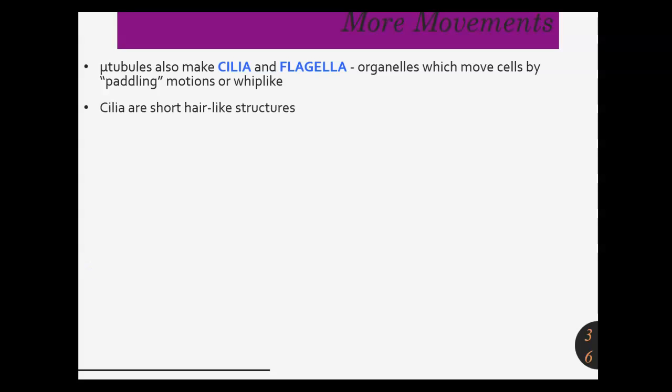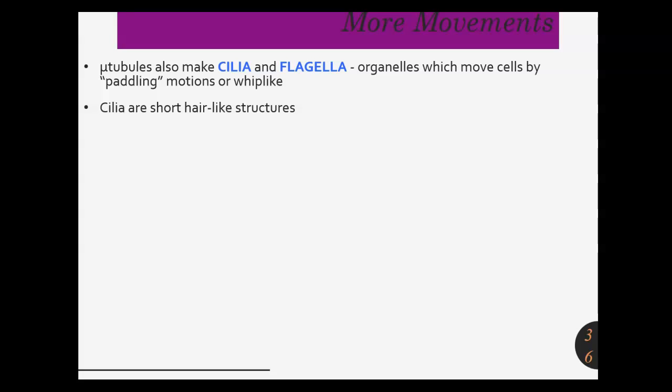The cilia are the short hair-like structures. We had this description of short hair-like structures before when we talked about the fimbriae or pili found on bacteria cells. But the difference is that the fimbriae and pili on bacteria help them to attach to surfaces,